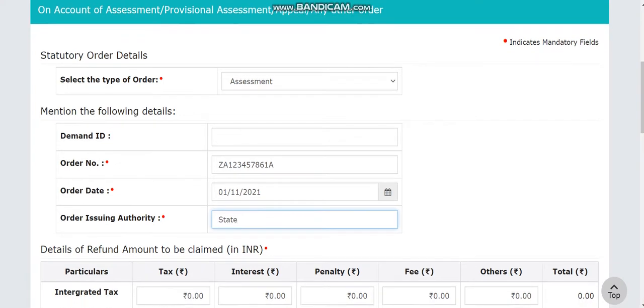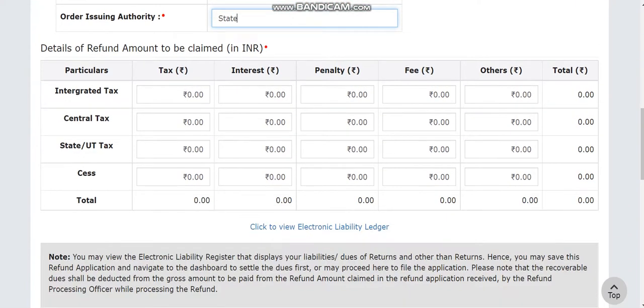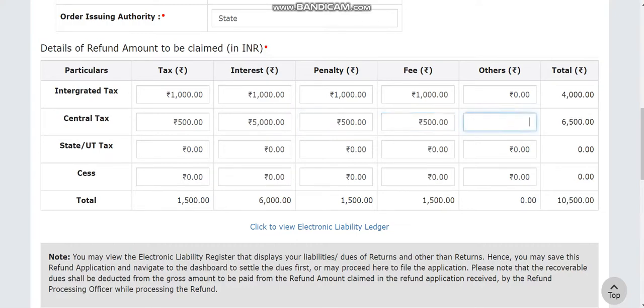It's a free text field. Then the amount is there for which you are asking the refund, you can just fill it over here. You have to check the exact amount you are asking for as refund, so that it should not happen that you are entering an incorrect amount. It's a video, so I'm giving a random amount as of now.